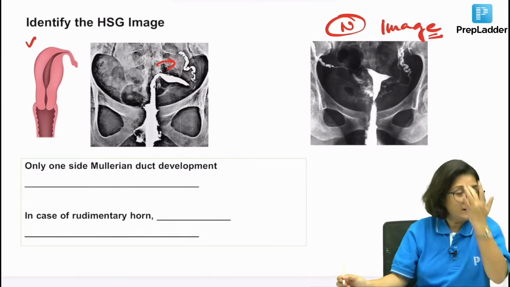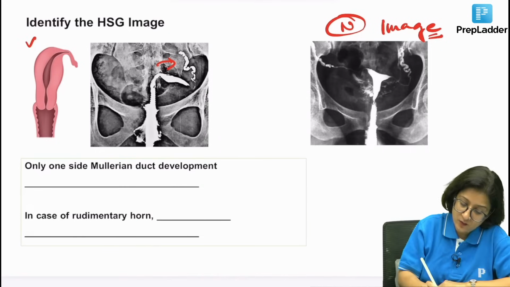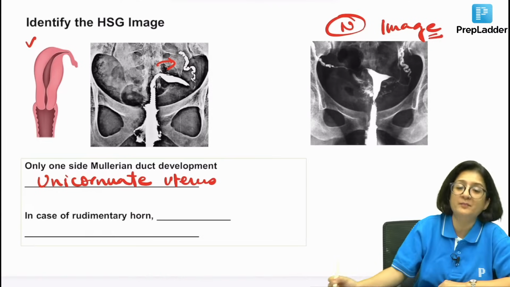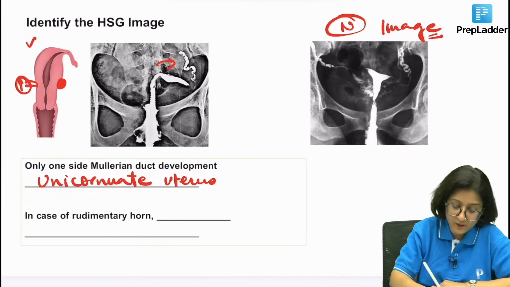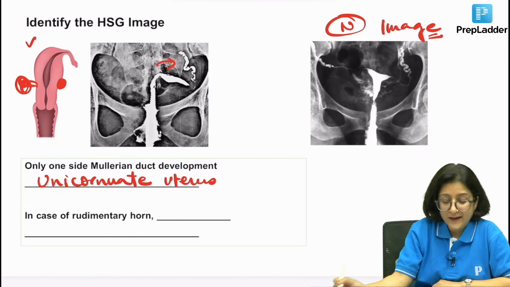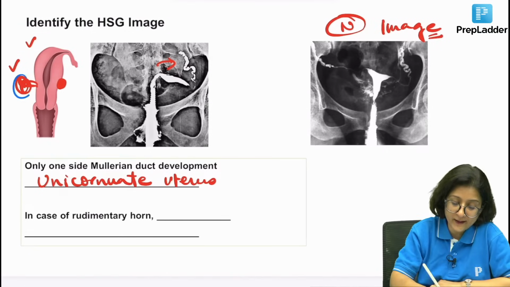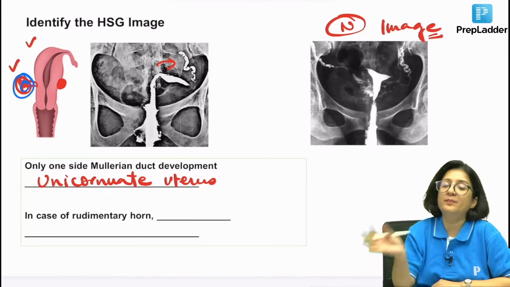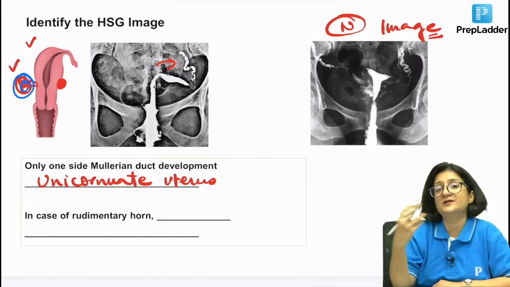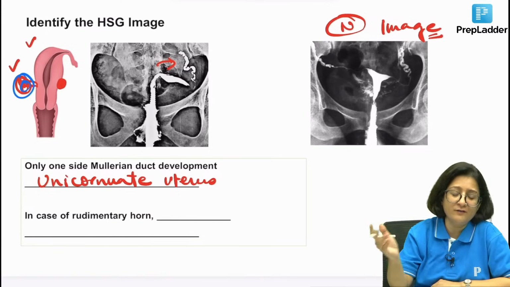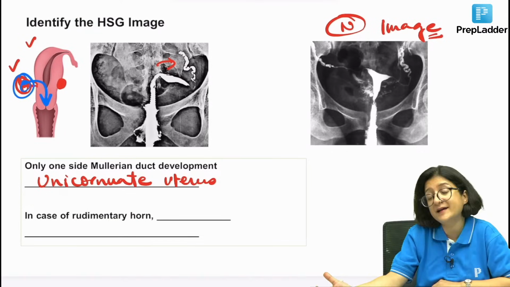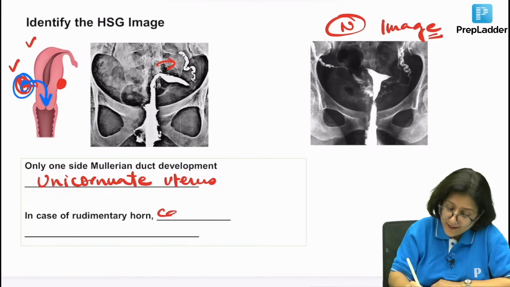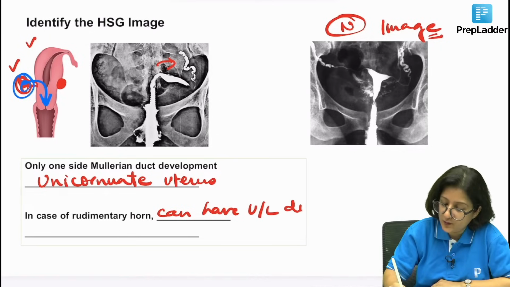This is most likely a unicornuate uterus, right? In a unicornuate uterus, there is only one side Mullerian duct development. Sometimes there may be a rudimentary horn also attached. Depending upon whether that rudimentary horn has some endometrial lining, whether it is functional or not functional, and whether it is connected to the rest of the cavity, the rudimentary horn can have unilateral dysmenorrhea,